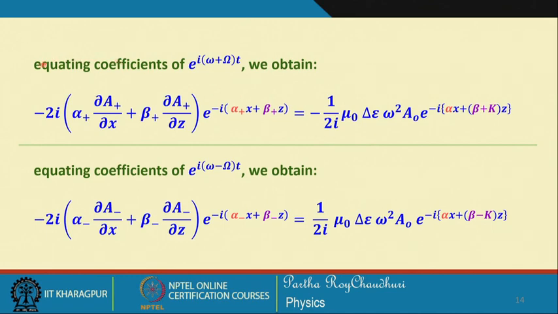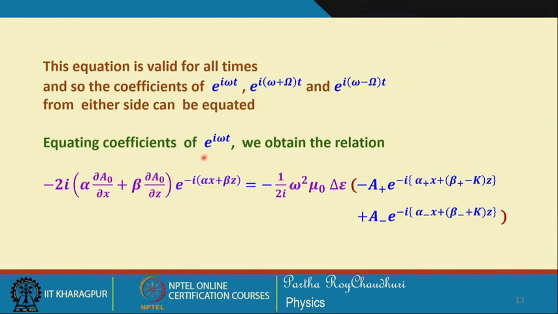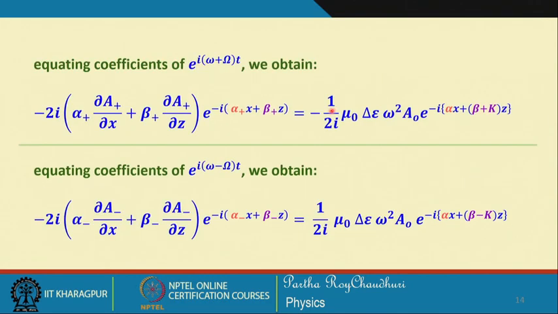So, you have waves with this plus sign, which are represented by alpha plus, beta plus, amplitude plus, and you have waves which are having the minus signs for the coefficient of the x component of the propagation vector, z component of the propagation. So, we have three equations, a set of three equations. One is the coefficient due to this, the other two are due to the coefficients of this. Therefore,